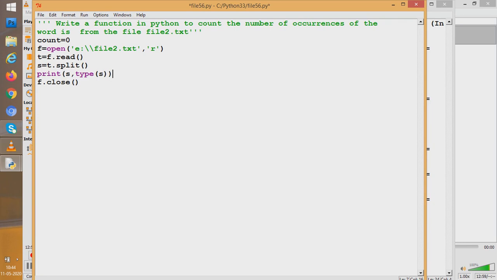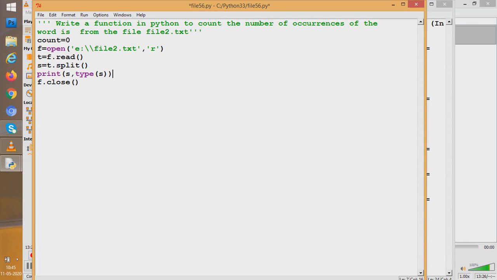See, the data from the file came and was in the variable t, and we all know t is a string. Whatever is in t, when I write t.split, that is going to create a list. And what do you think the list would have? The list would have words from the string t as elements.